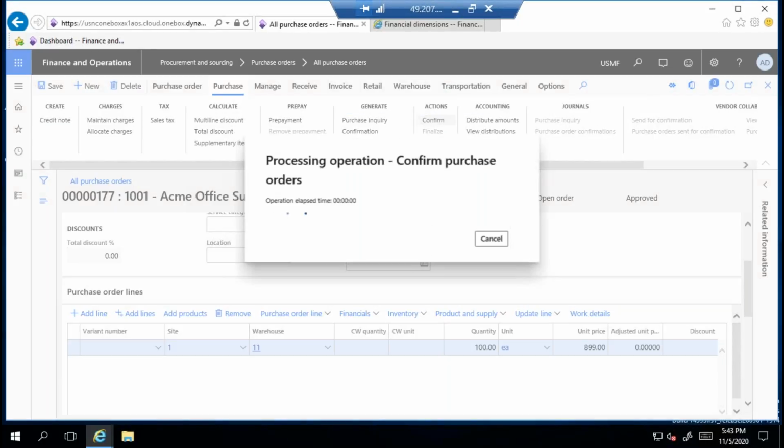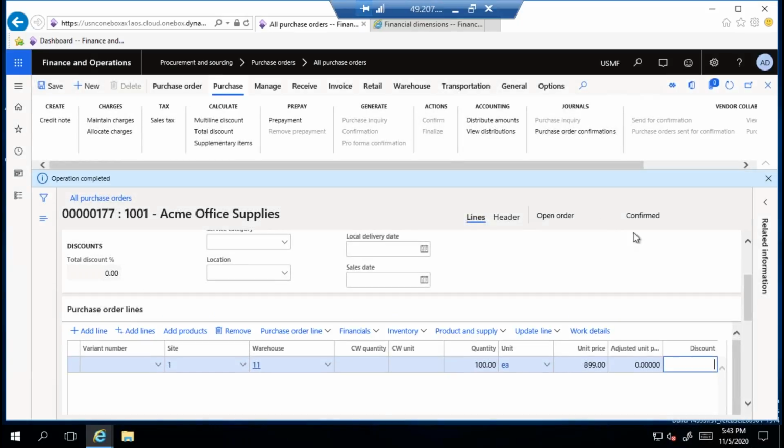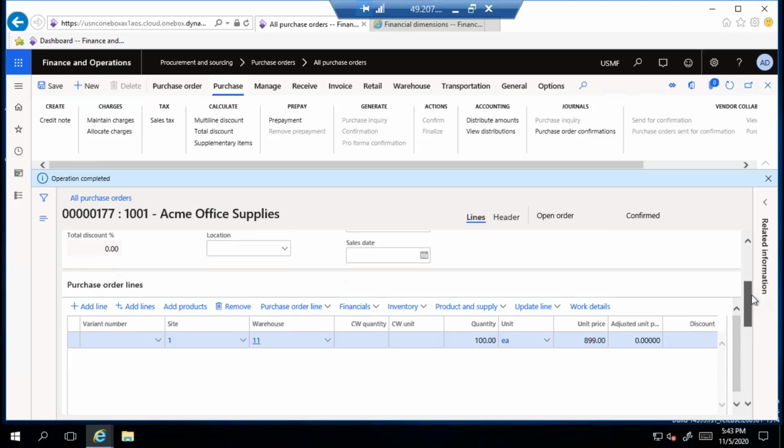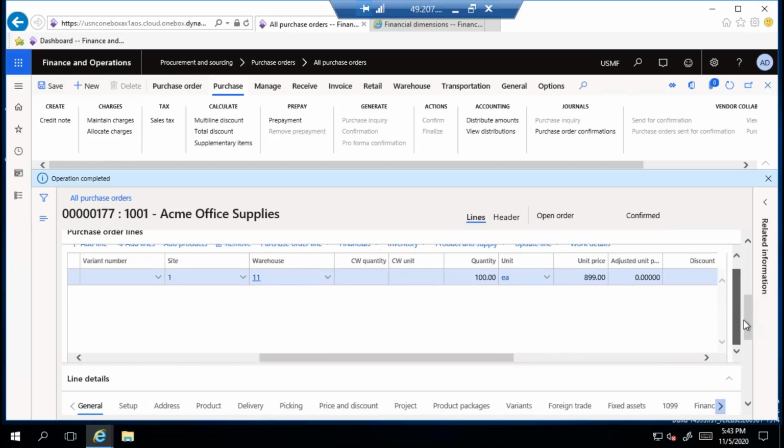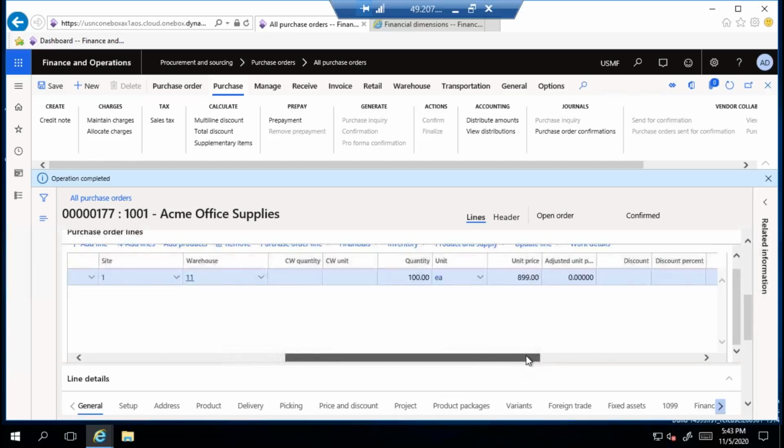I'm doing confirmation. Once it is confirmed, it is informed to the vendor, like so and so item I want 100 quantity. So the vendor has dispatched only 20 quantity. Then we have